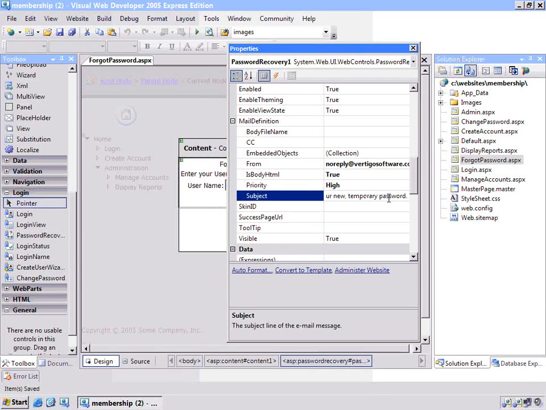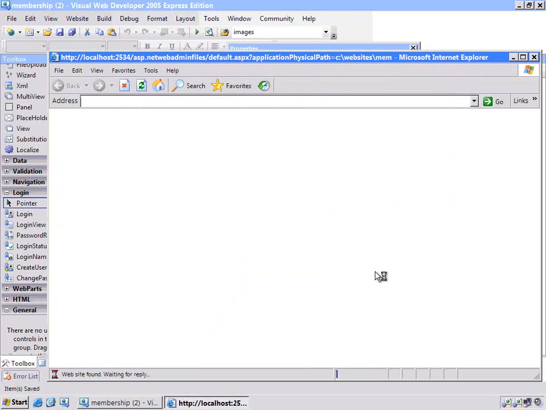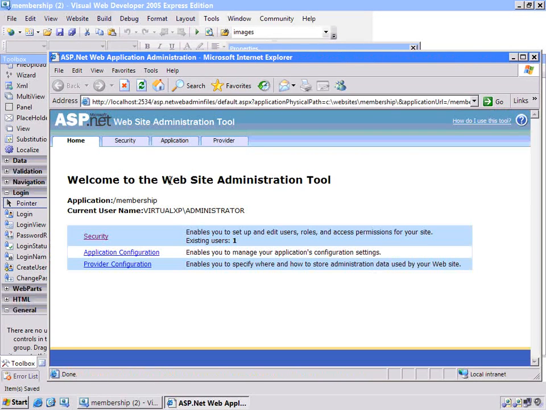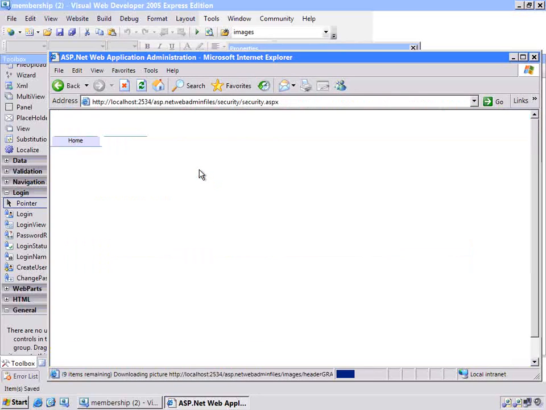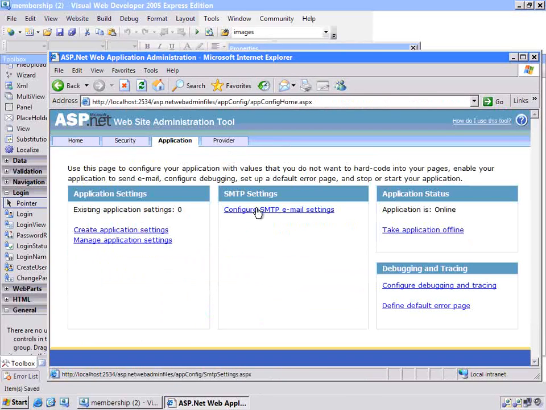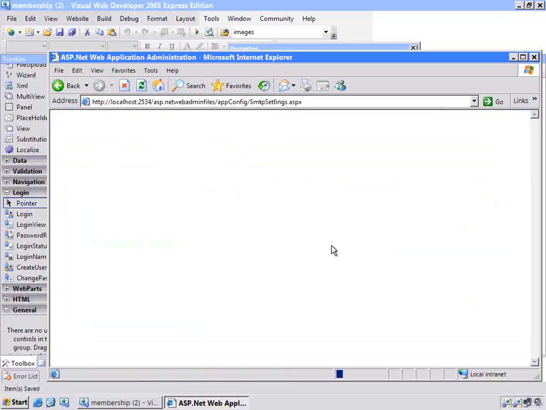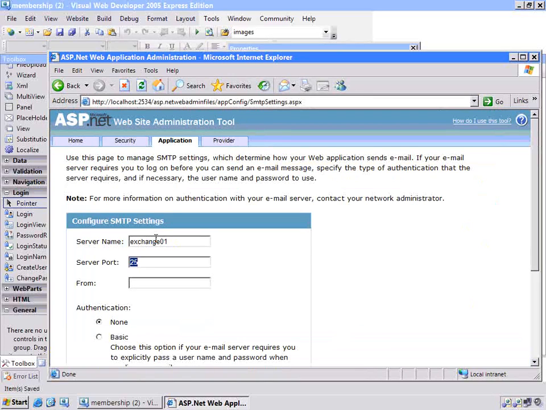That's good. Now if we try to use this page right away and send a password back, it's not going to work because we have to change a setting on the website. So let's go back to the website administration. We have to tell it where our Exchange server is, or our SMTP server. So if we go back to security, actually we need to go to the application configuration area and set up the SMTP server. And here it's just Exchange 01. We'll make it from